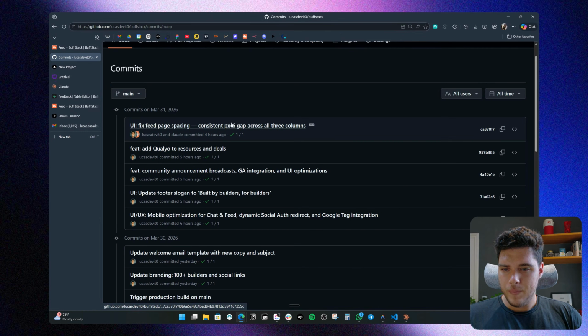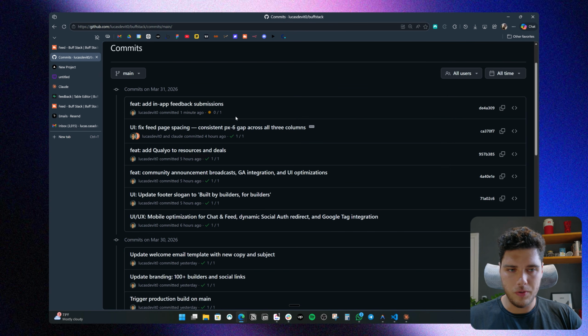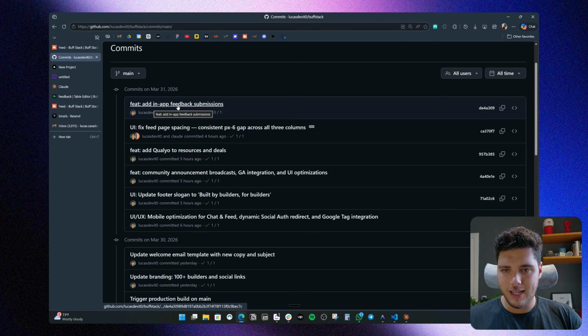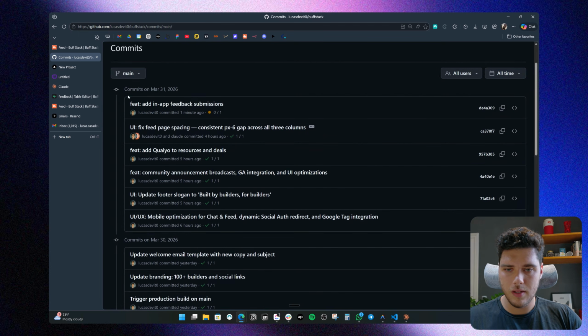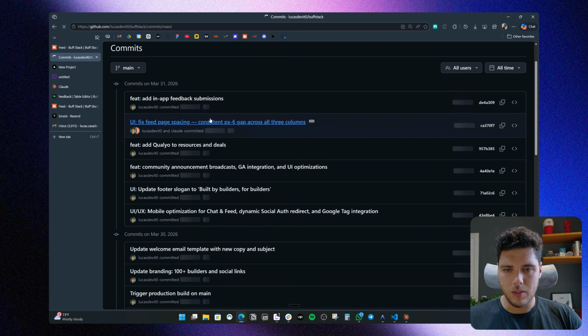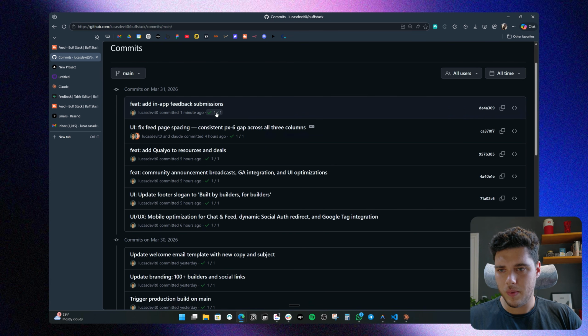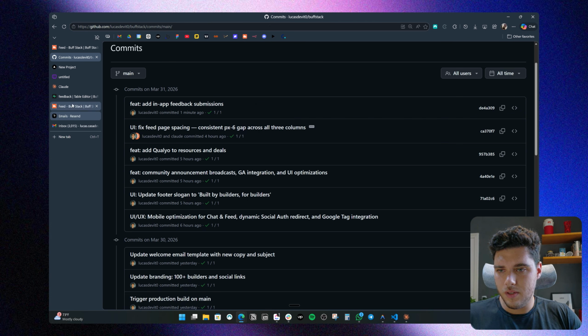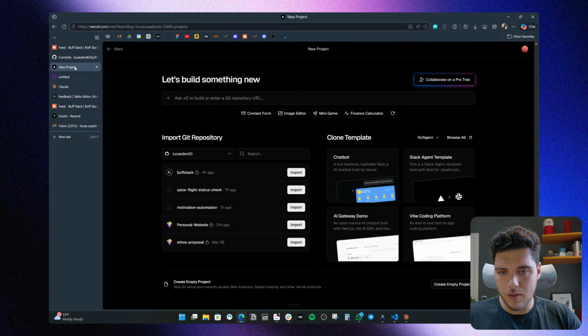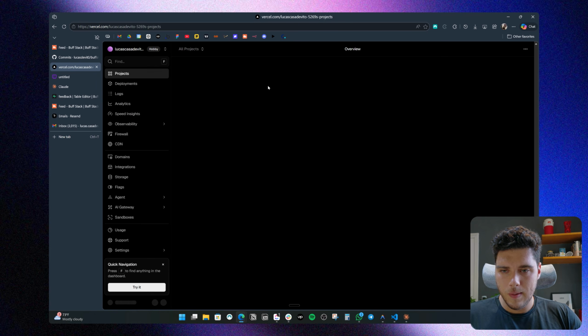So if we come to GitHub here, let's see our new commit. So it said add in-app feedback submissions. And you can see here that it is deploying to Vercel. So it actually says the deployment has been completed. If you refresh again, we should probably see the green check mark. So perfect. This means that Vercel has actually updated already. And so if we come here to Vercel now,